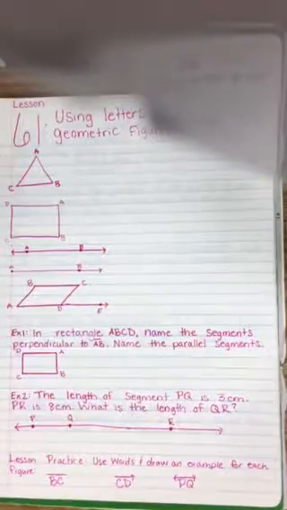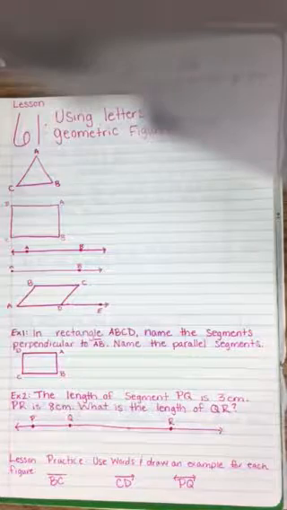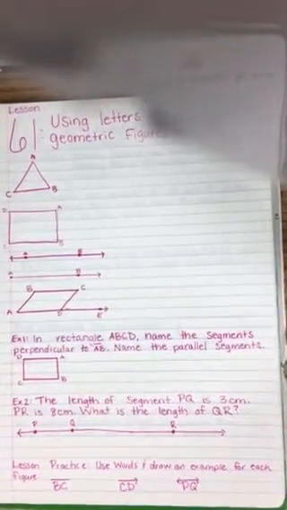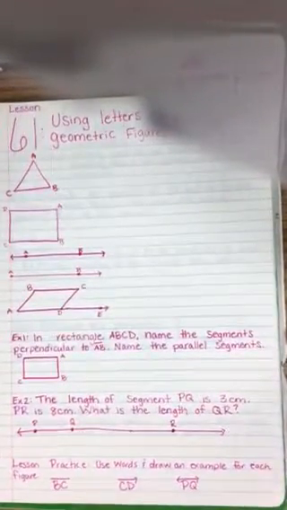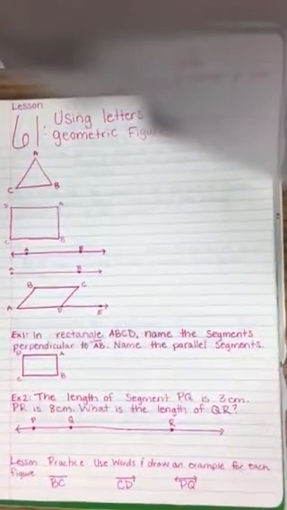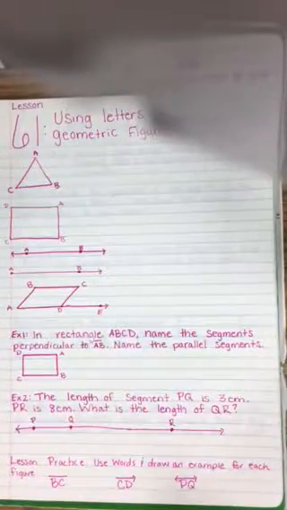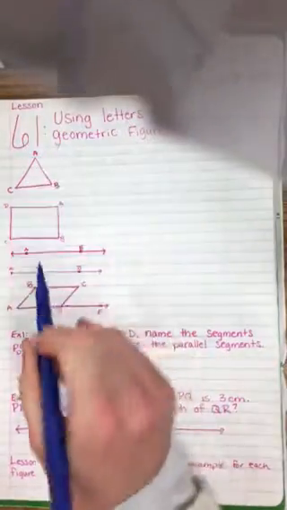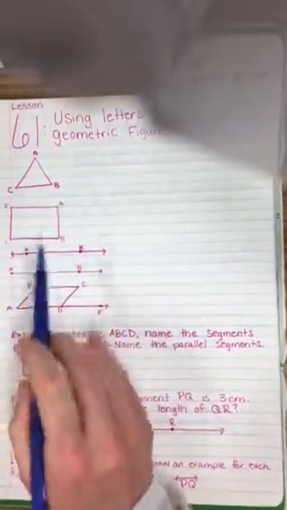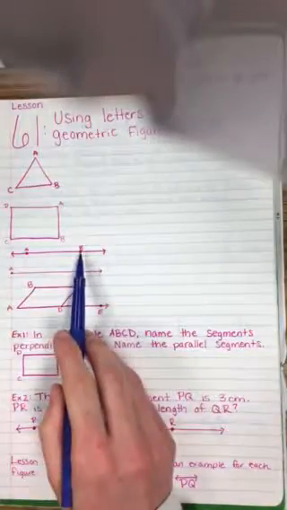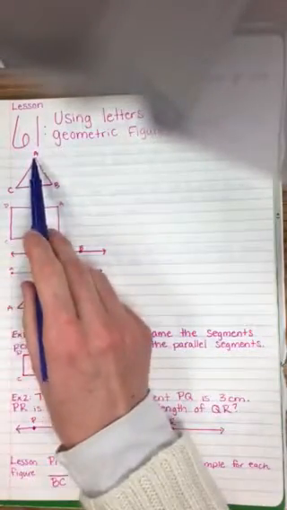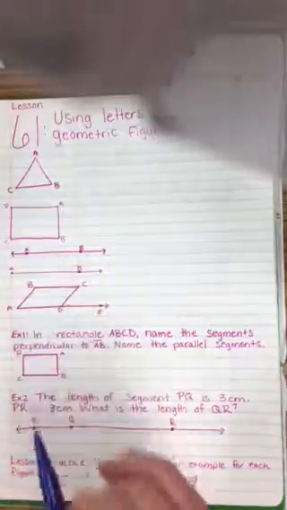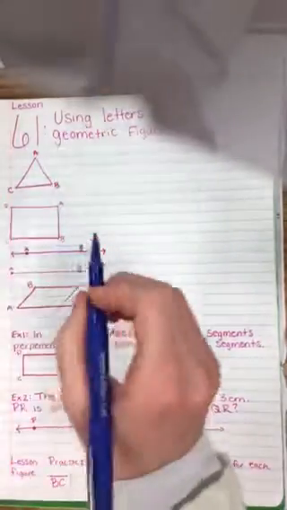Lesson 61, using letters to identify geometric figures. So here you can see that we have a triangle. Each of these is called a point, okay? There's a point, point, point, point. Just like these are called points on a line segment, these are points of a triangle, the corners, okay? So you can call this triangle